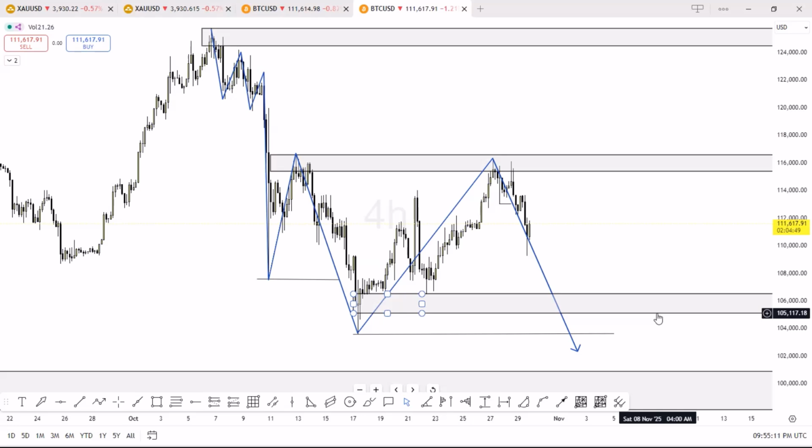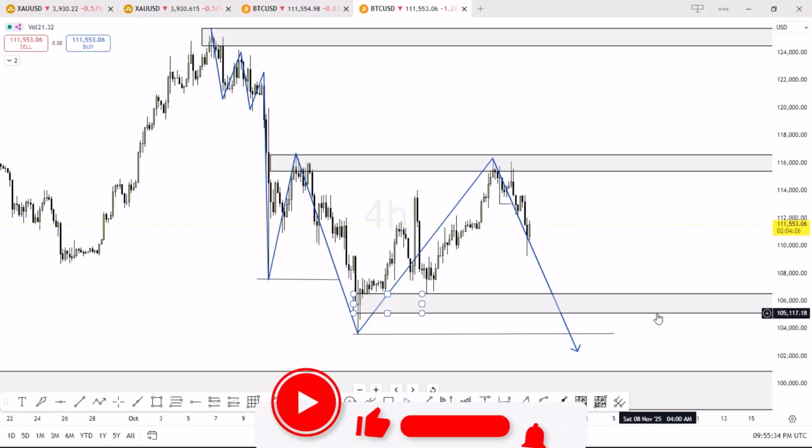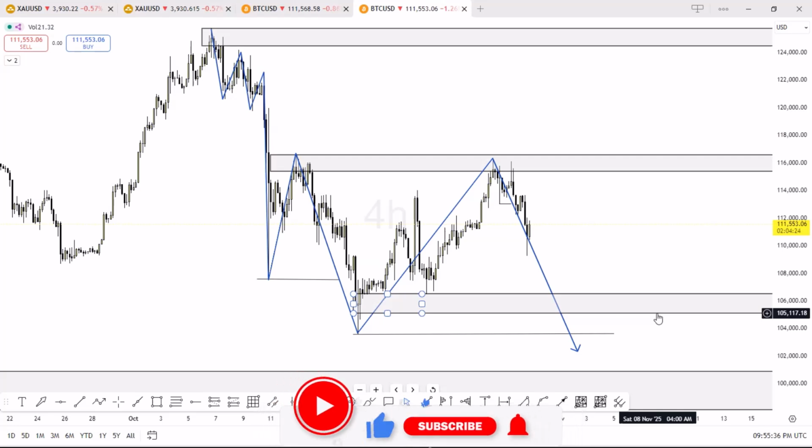So you just have to take your time, understand what is going on in the market, and start executing better trades. Remember, if you want to be good at trading, you have to be good at market structure movement. You have to understand where the market moves. You have to understand why the market moves, and you have to understand where it is going.